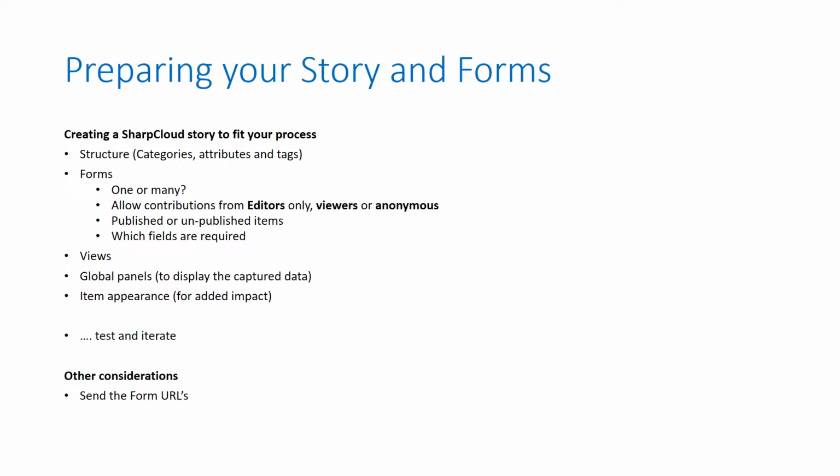You might want to then ultimately start really making your story more impactful. For those of you that are familiar with using item appearance, you could therefore have images or color driven on the face of the items by the data that people provide in their form. So if somebody says something is low priority, you might get a green icon appear on the face of the item. If they say it's high priority, you might get a red icon. And that picture can really stimulate some thought or some further thinking that you want the audience to go through.